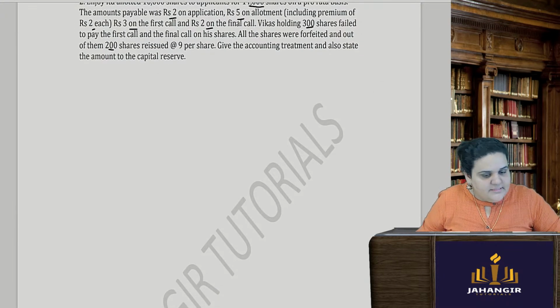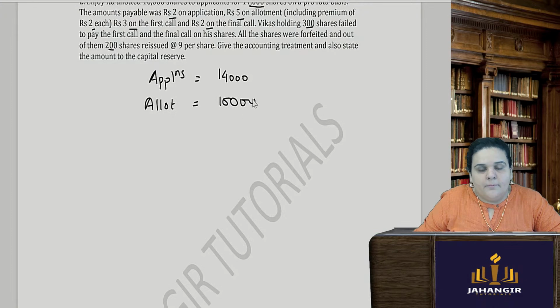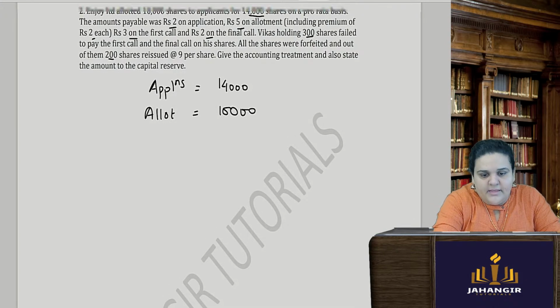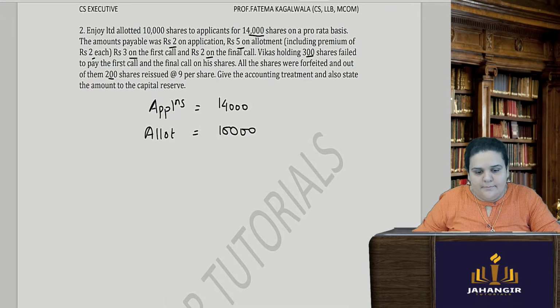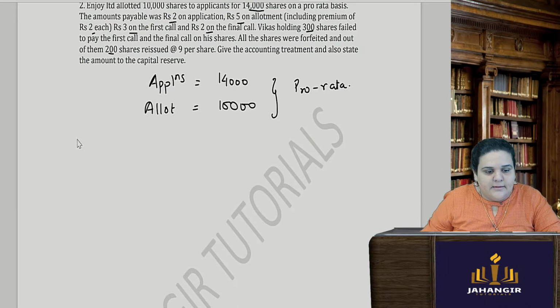Okay. Now first thing I want you all to understand, applications were received on 14,000 shares, but the company can allot only 10,000 shares. They have not refunded. They are saying they have done it on a pro rata basis. Okay. Allotment they did on a pro rata basis. Fine. Now before I start my journal entries, I am just writing here: